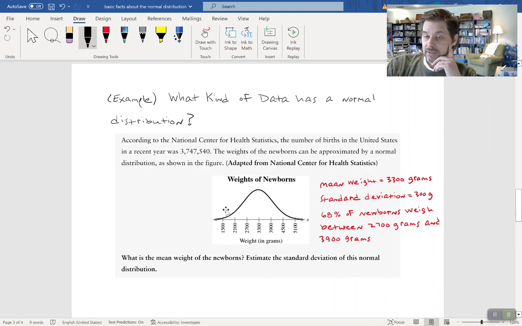So when I look at this, here's what it seems to tell me. It says the mean weight of a newborn is about 3,300 grams. That's the point right in the middle. So it's like saying the average weight of all these newborns is about 3,300 grams. We take 3 million newborn babies, we weigh them all and we find the mean, and it's about 3,300 grams. Now, we said that if we go back up here,